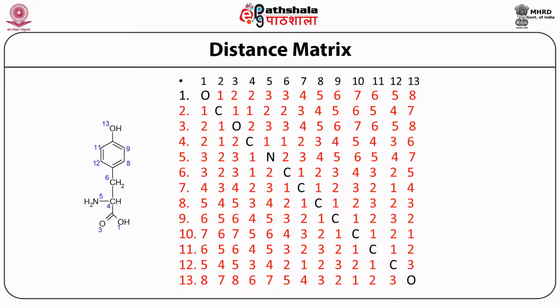Now, if you look at one of the atoms, like number 6, it is connected with atom 1 by 3 bonds. You can count: 6 to 4, then 4 to 2, and 2 to 1. These 3 bonds are written in the first line of row 6. Similarly, the whole matrix has been filled up. But as you see in the matrix on the right-hand side, half of the matrix is duplicated in the lower half. Hence, there is a redundancy in the matrix.